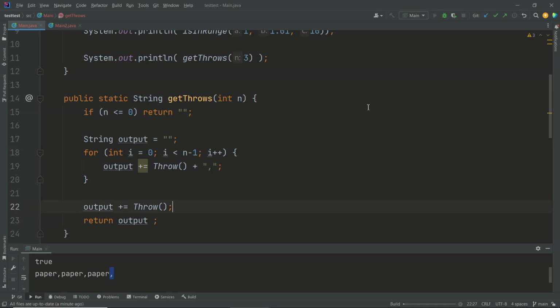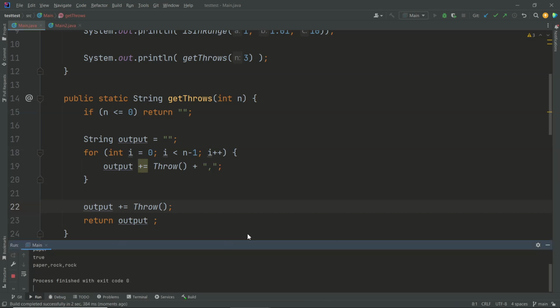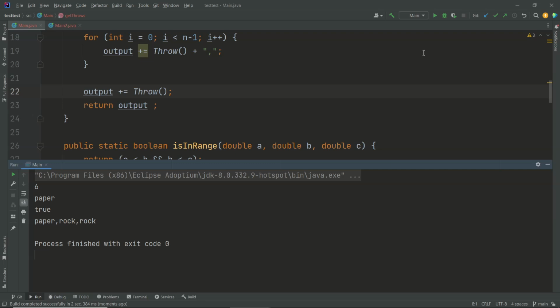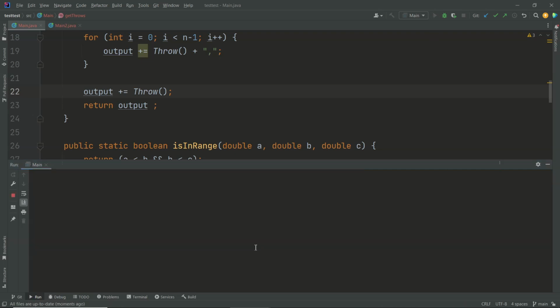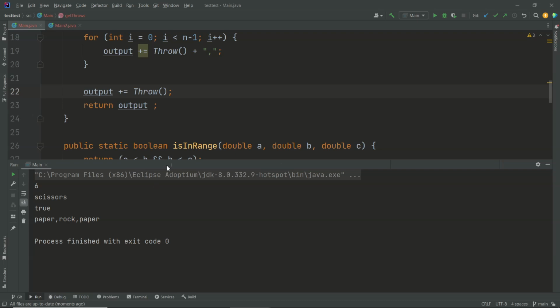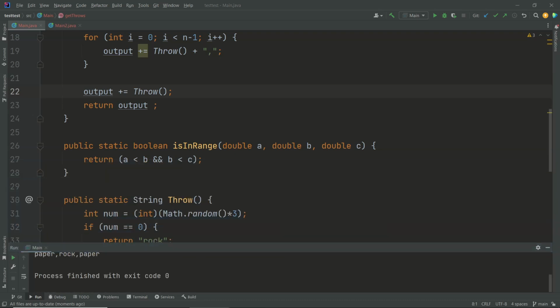So let's run it again. Okay, so now we got paper, rock, rock. Paper, rock, paper. Okay, so that seems to be working. Cool. Let's do